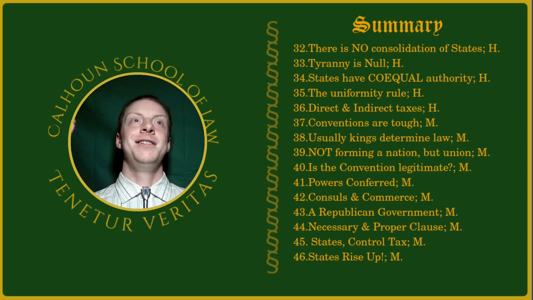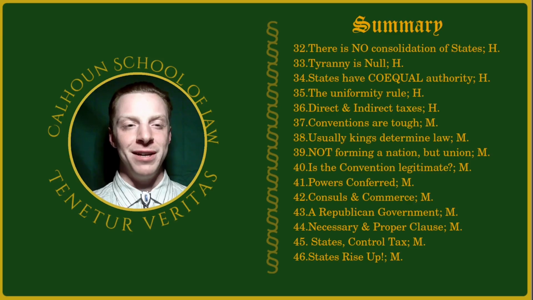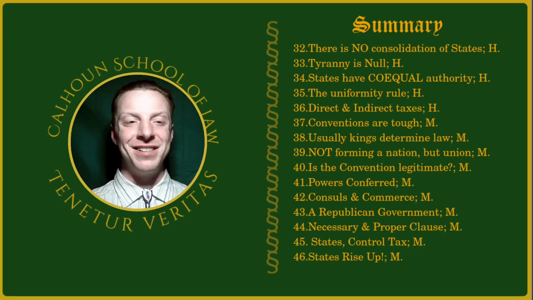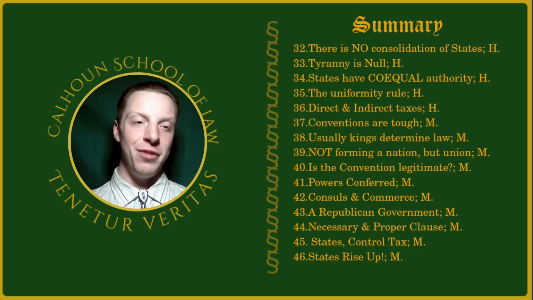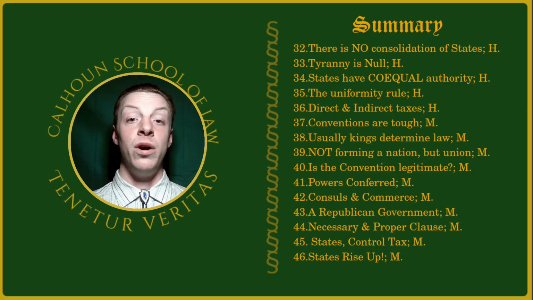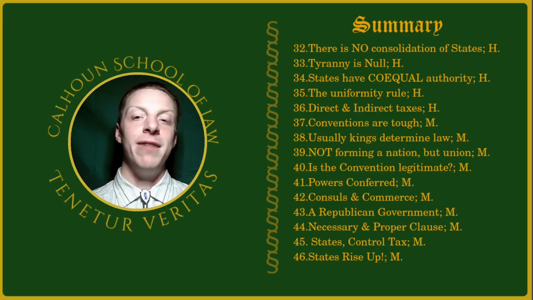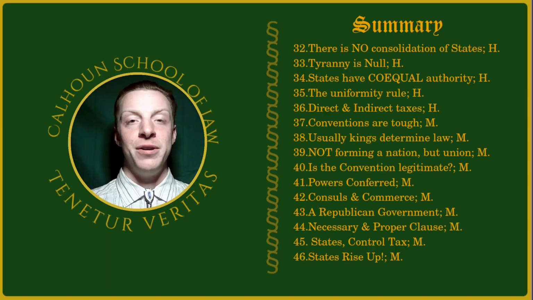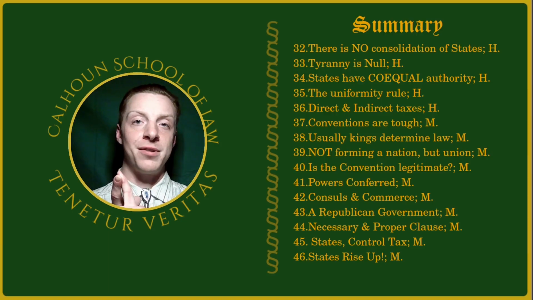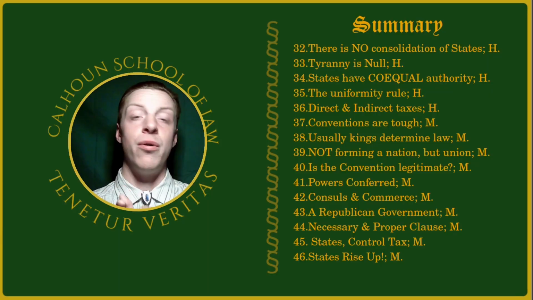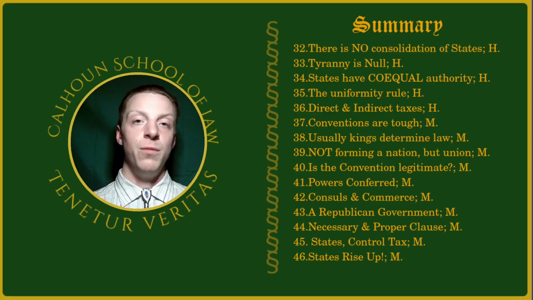Number 34, another great Federalist paper. There are some times that Hamilton was agreeable. Sometimes he had his wits about him. Number 34, definitely one of those papers where he overtly declares that states have co-equal authority to the Union. That principle was put into practice by the father of the U.S. Constitution, James Madison, also co-author of the Federalist Papers, in 1798 with the Virginia and Kentucky resolutions, where they nullified federal action.